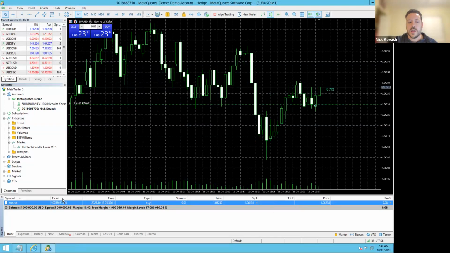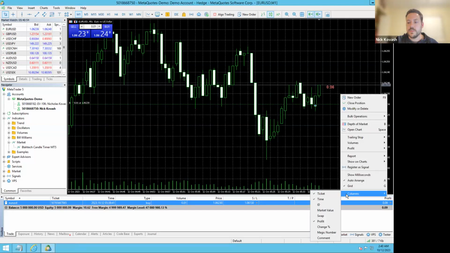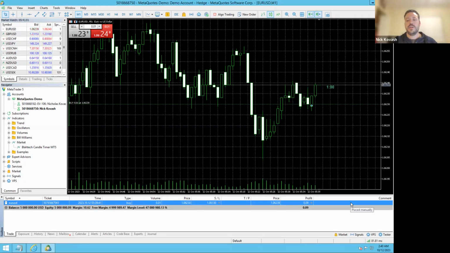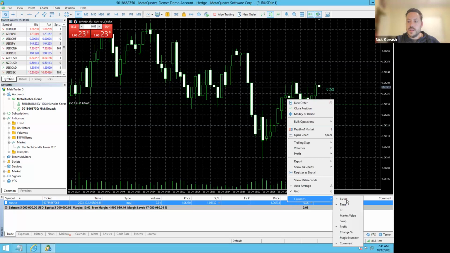You can customize what shows up here by right-clicking and then going to columns. You can add comments, which is helpful for our EAs. So whenever you see a trade placed by Talon or Anubis, it'll have a special comment over here. And you can also put in